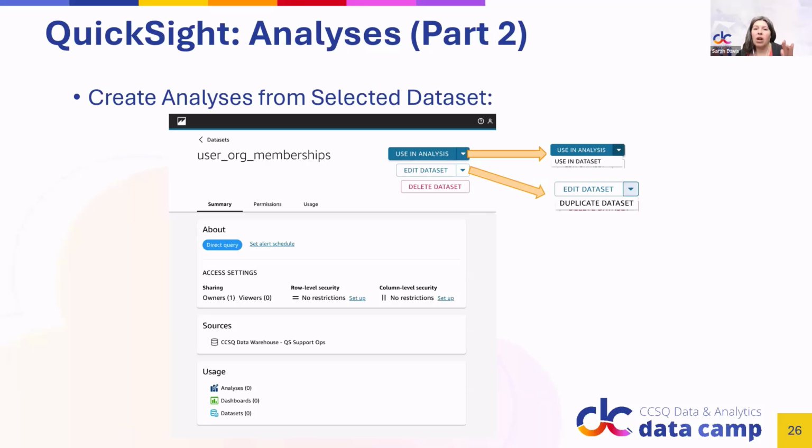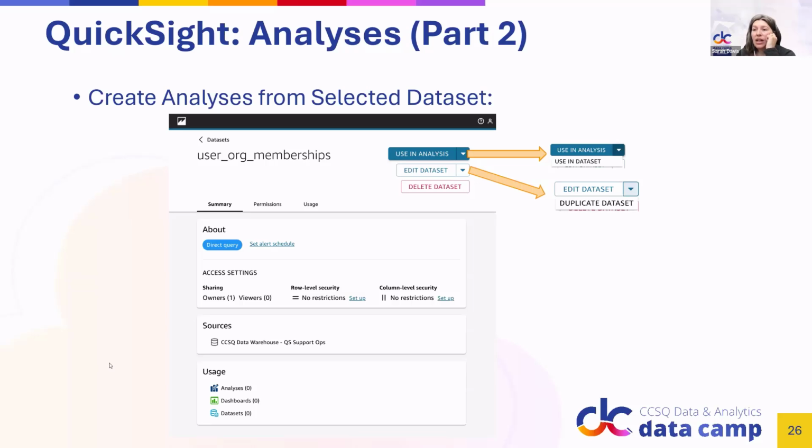So when you create new, you select the data set. You have the opportunity to review information about that data set. So it'll give you the name of the data set at the top, and then underneath you can have a summary about where it is, what sources it pulls from, and the usage down below. So this will let you know if somebody else is using a data set somewhere else, it'll show that tally down below.